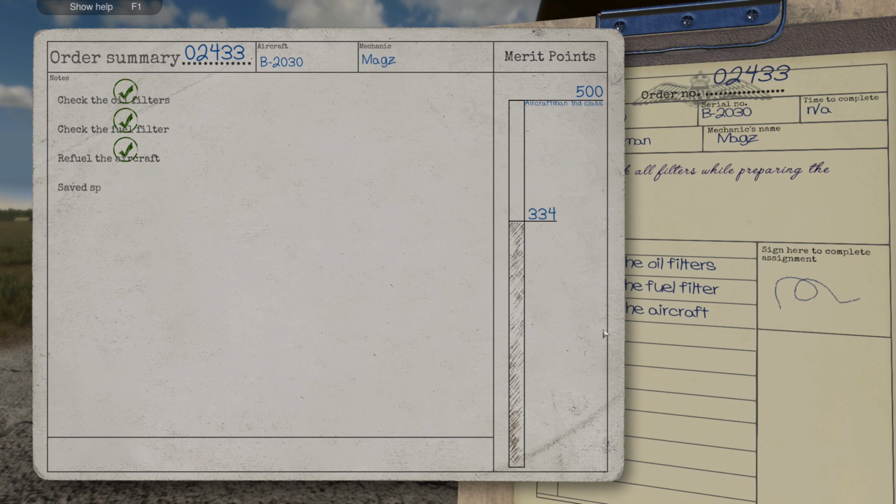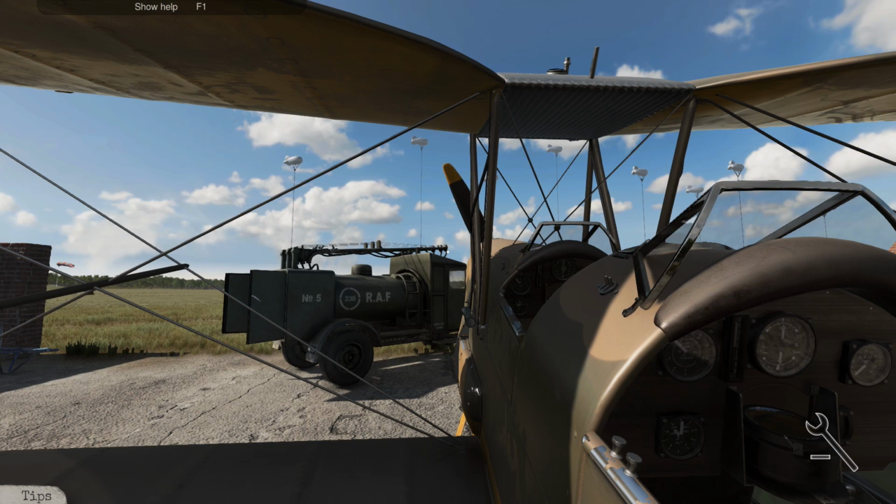Build the aircraft. 1 spare part saved. Final result. Perfect job. Anyways, ladies and gents, that was just a quick look at Plane Mechanics Simulator. Now, I'm probably going to do a couple more videos of this on the channel once I've gotten up through the ranks, so I have access to the Spitfire and some of the more complex jobs in regards to the engine. So far, for a pre-early access, this is looking pretty good, although it is very Car Mechanics Simulator based,